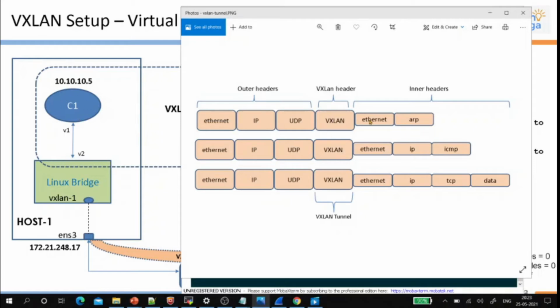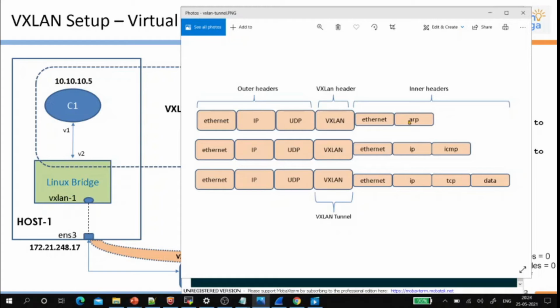So let us come to a common understanding of the terms. When we say Ethernet frame, it constitutes Ethernet header plus its payload. When I say IP packet, it is IP header plus its payload. When we say UDP segment, it is UDP header plus its payload. When we say tunnel, VXLAN header plus its payload.